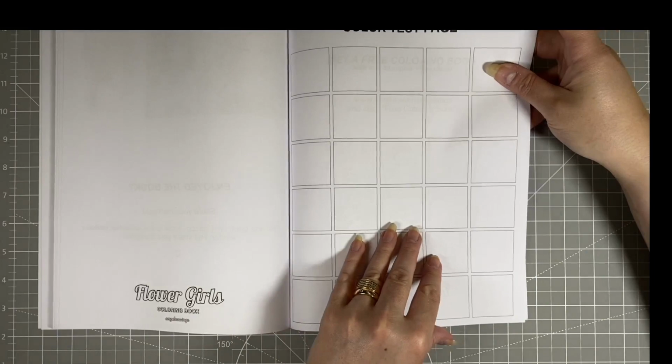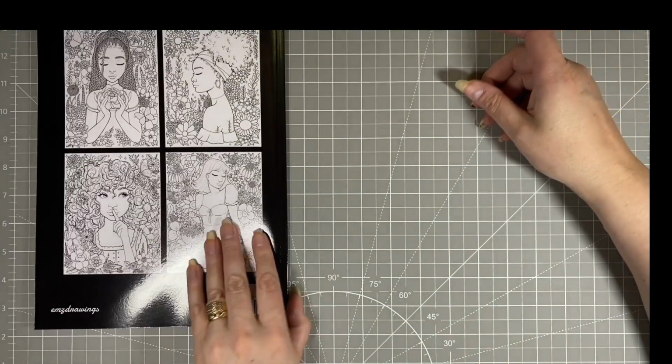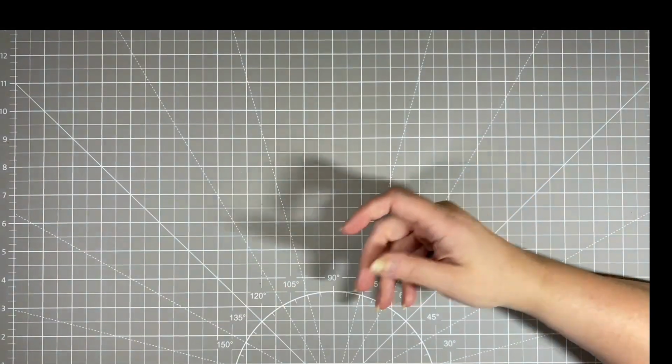And then you've got a test page, some links, and then the usual Amazon shiny cover. I'll try not to blind you with it, but M's Drawings, Flower Girls. And then my last one,